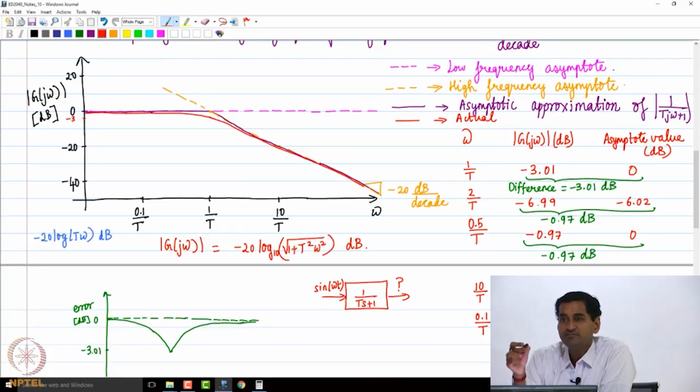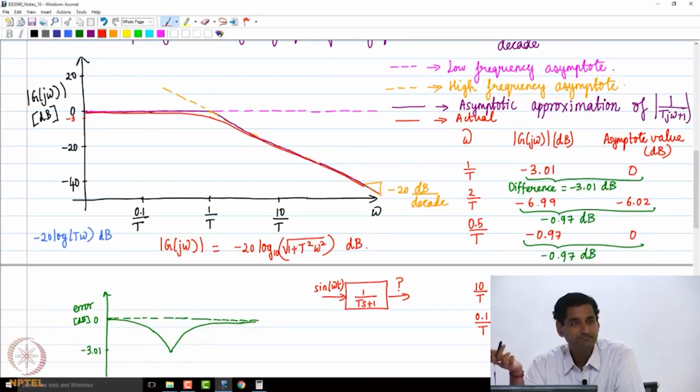So you see that as long as my frequency is within 1 by capital T, which is the corner frequency, by and large the magnitude of the input signal is not attenuated. So it allows it to pass. Of course there is a phase shift, but for a frequency beyond 1 by capital T,